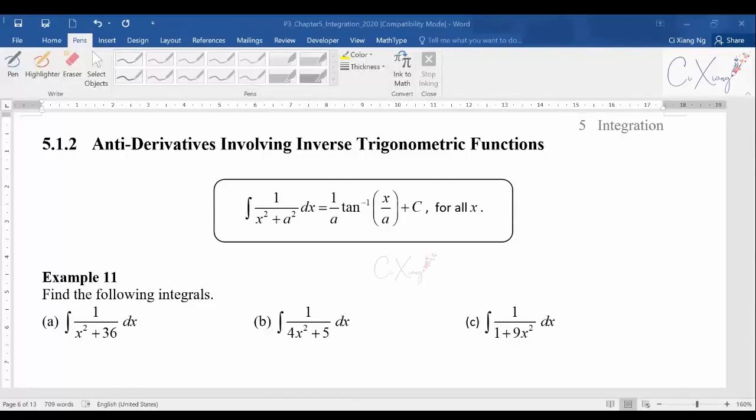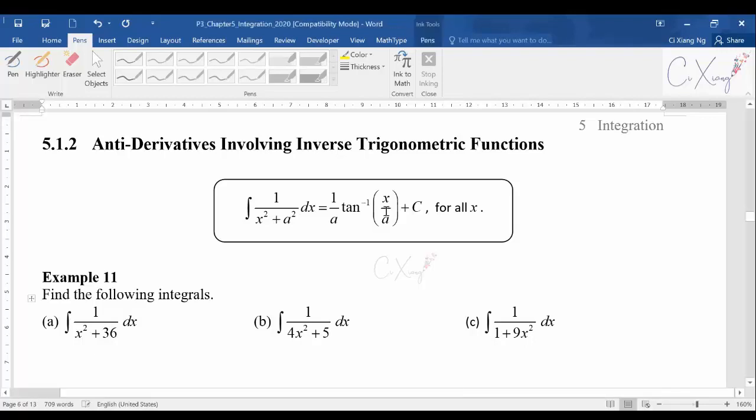Okay, so for this video we are going to discuss something new. This part, they just try to add it in from year 2020 onwards. All right, so it is actually a new syllabus that is included in this year. We are going to cover how to integrate the inverse trigo